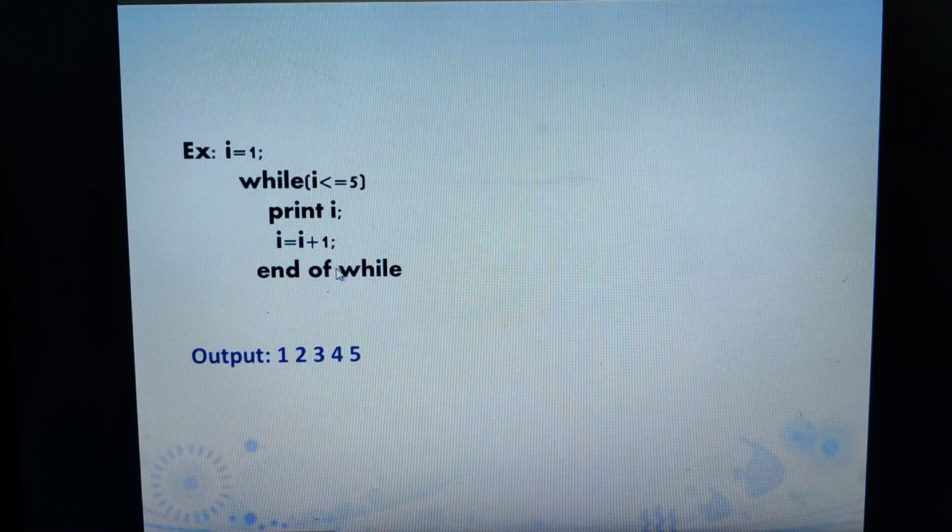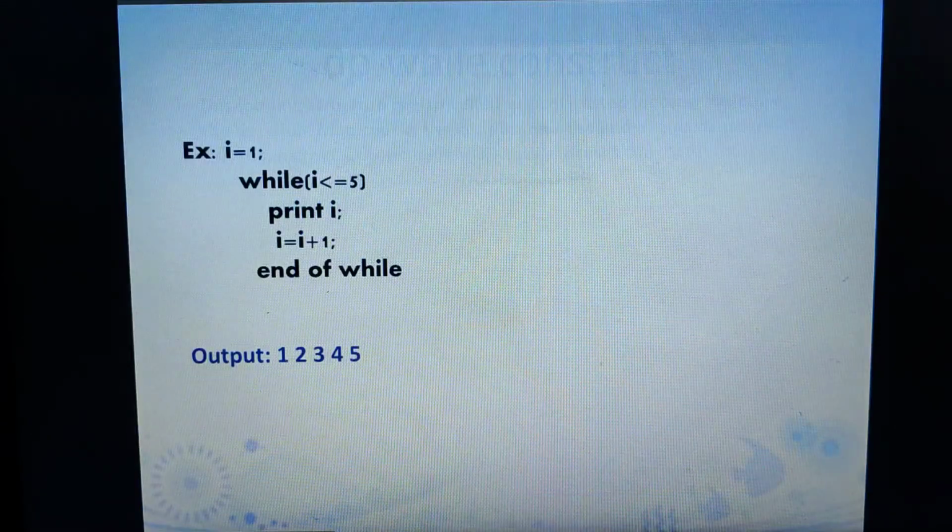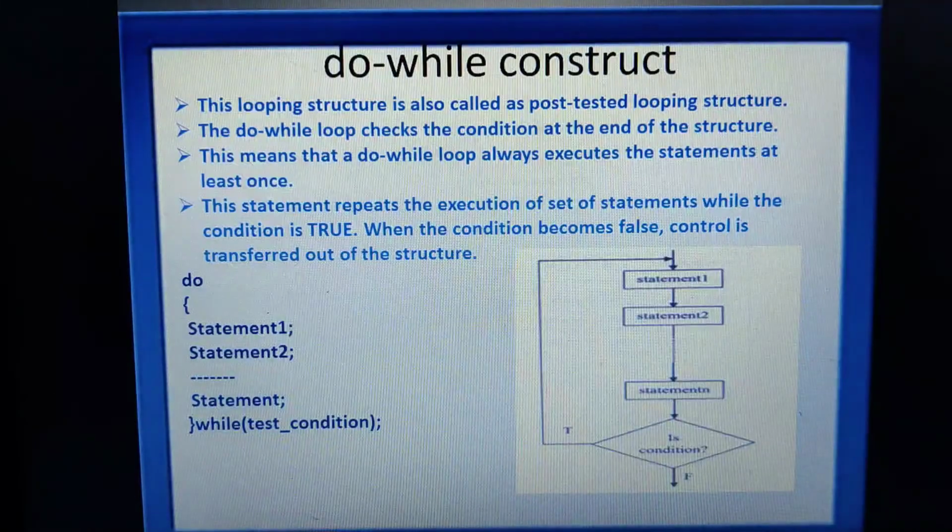Moving on to the next control structure, that is the do while structure. This is called a post-testing looping structure. Why do we refer to the do while construct as post-testing? Because the do while checks the condition at the end of the structure.